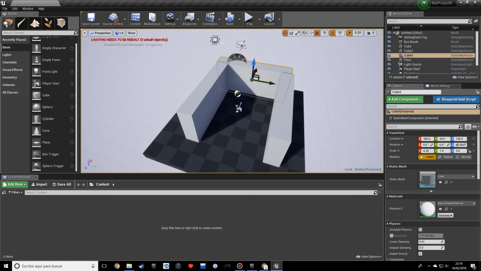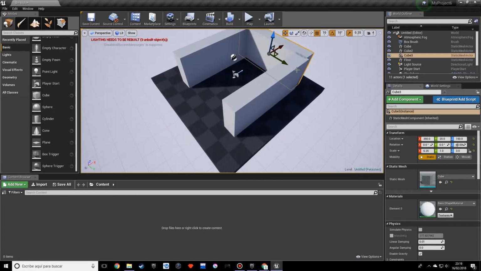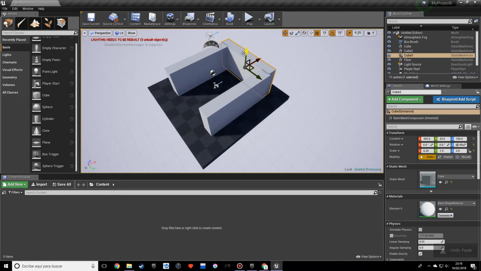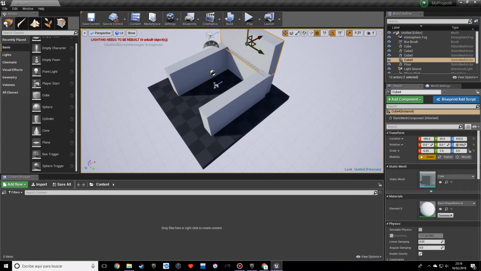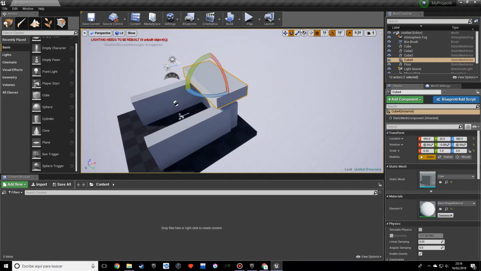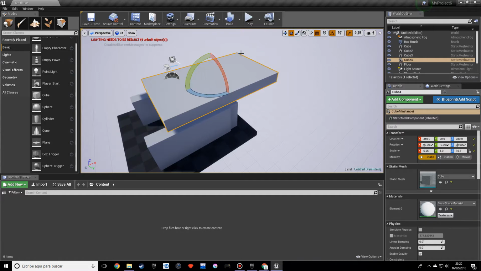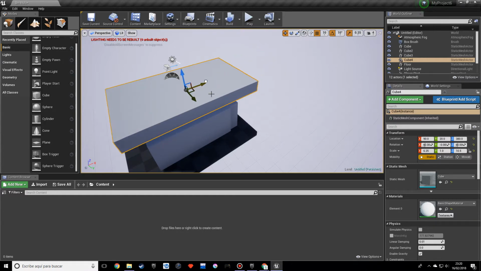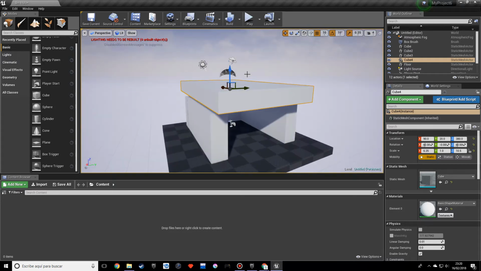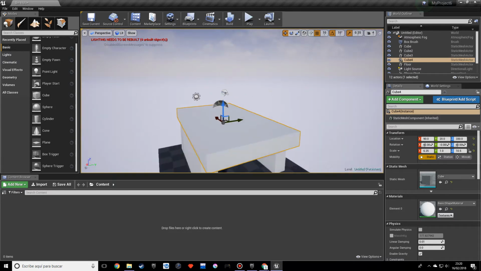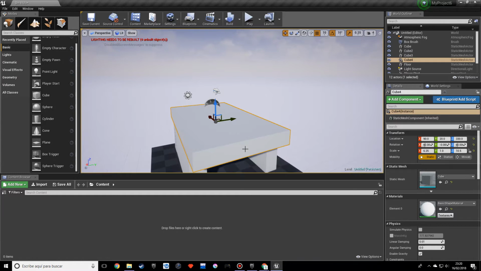We can also add a roof if we wanted to. So let's do Control V again. Let's copy and paste this one. And let's move this up, and we want to rotate this on the Y-axis, 90 degrees. And we can scale this on the Z as much as we want to. So there we have an actually pretty ugly house, but it gives you an idea of how you can use